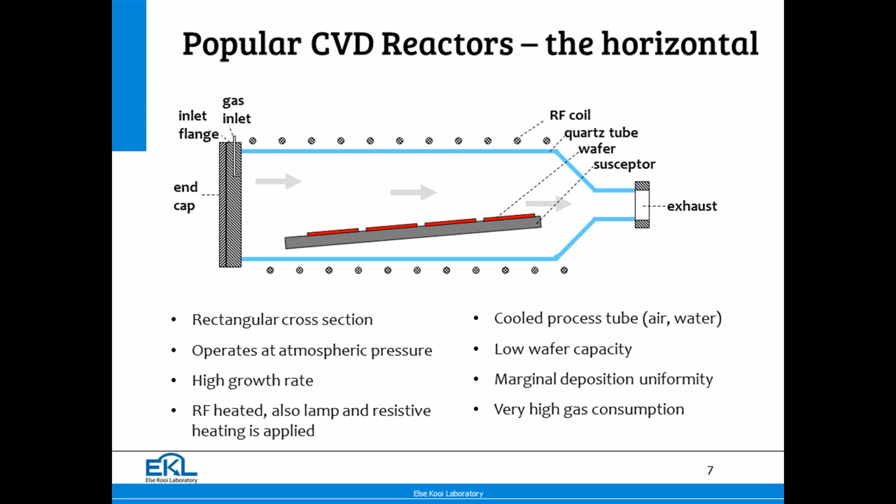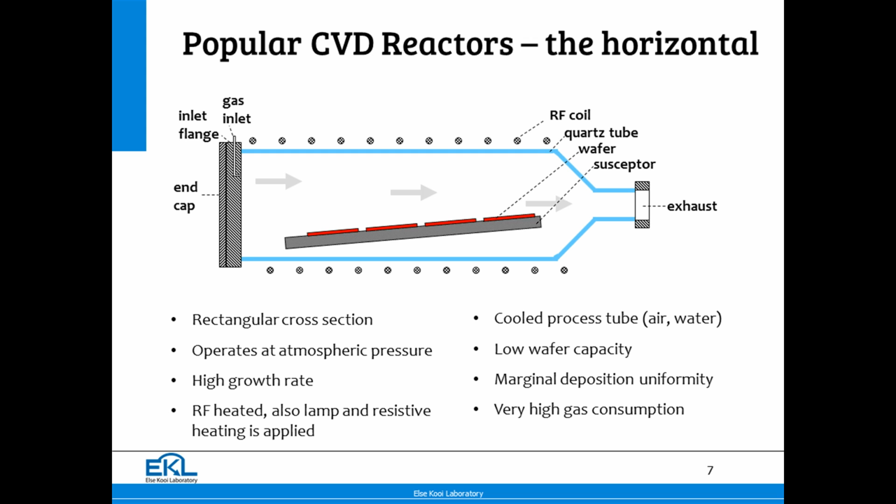Operated at atmospheric pressure, characterized by a rather high growth rate. Cold wall process means you get deposition preferably only on the susceptor and your wafers, and not on the tube. Because if you use lamp radiation, the lamps have to be able to radiate through the quartz, and if you coat the quartz, that doesn't run anymore. So a cooled process tube, low wafer capacity, because you cannot extend the size of the tube